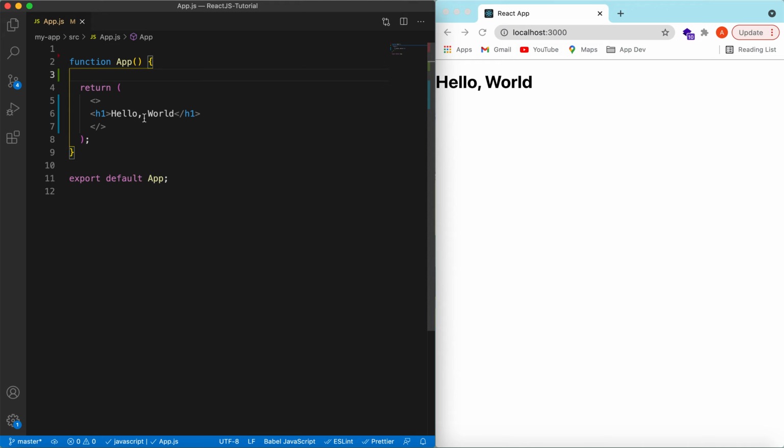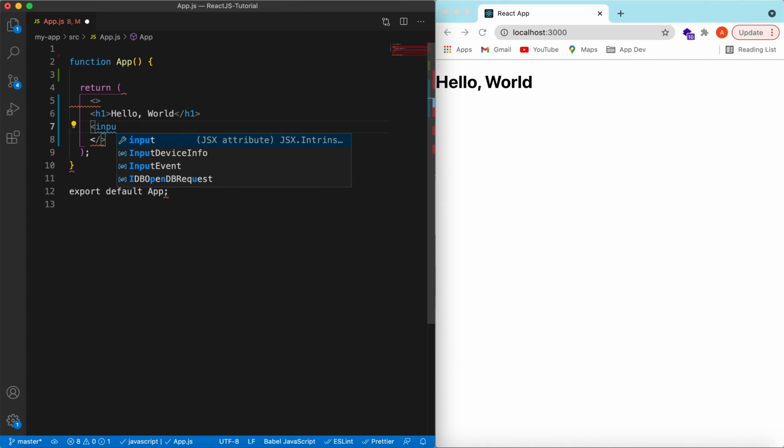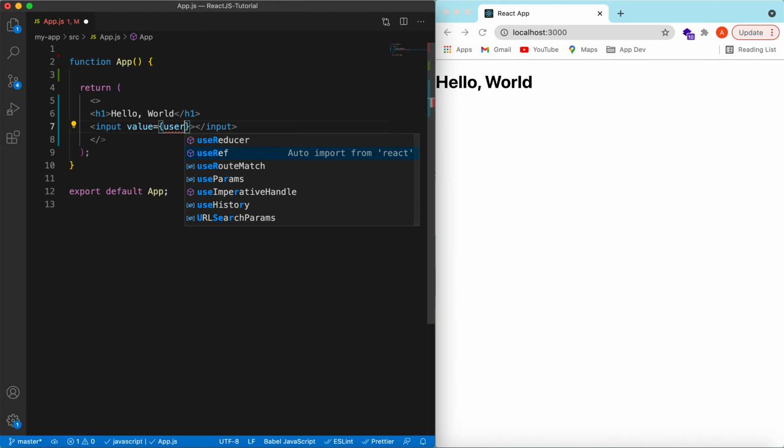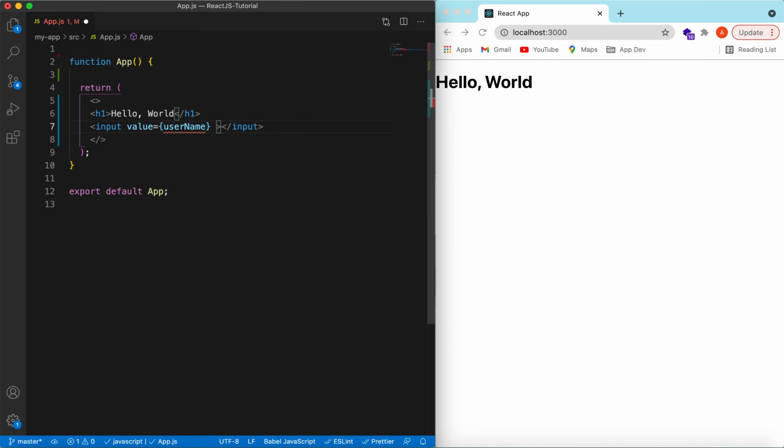Alright, so I have a Hello World ReactJS project right now, and let's add a few components in there. Let's add our input. In many applications you have a login form where you input the username and the password. So let's mimic that and add two input fields. The first one is, suppose, for the username, and on change